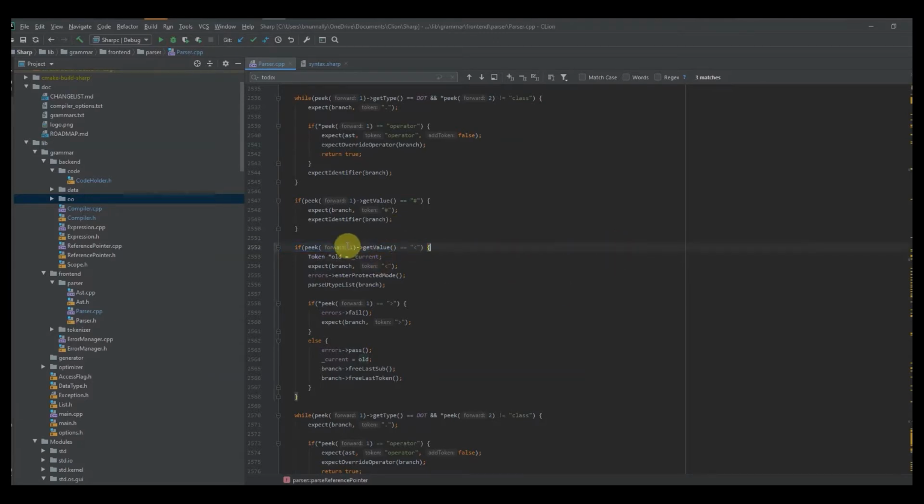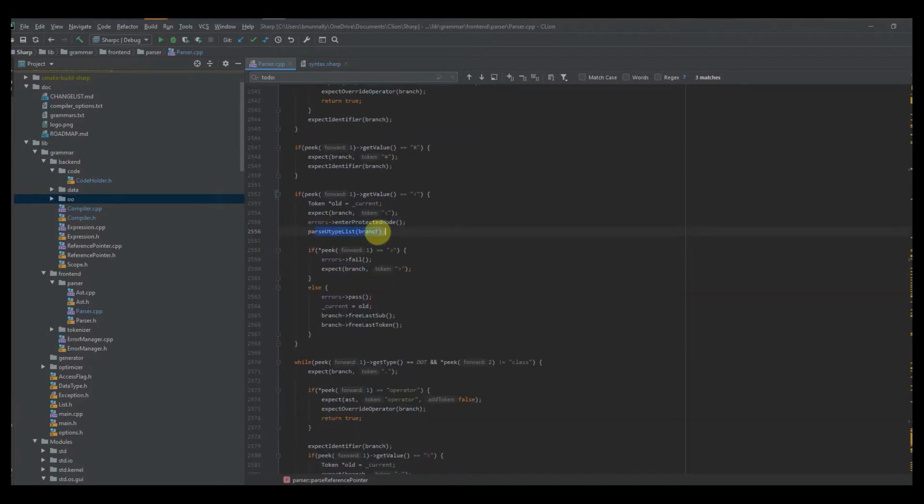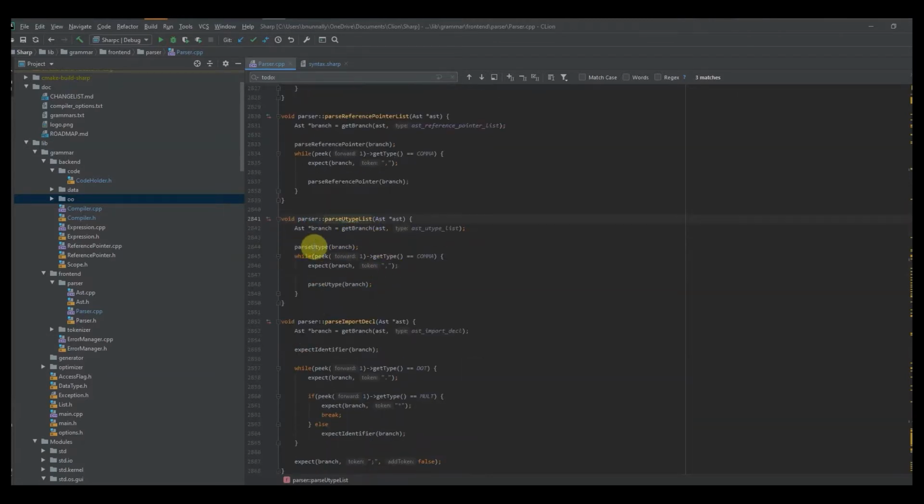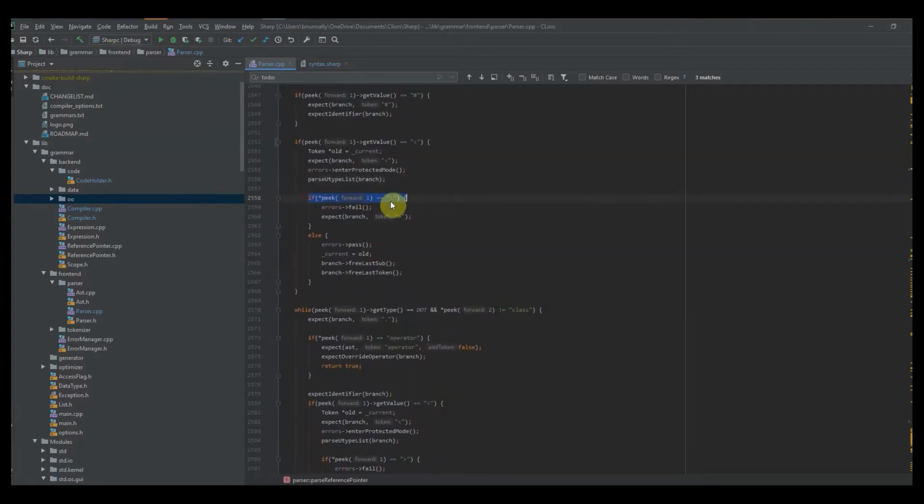If the next token is a less than symbol, then you want to get the current token. That way you can reset it later. You want to expect the less than symbol, enter protected mode, and try to parse a U-type list, which is basically just going to be a bunch of U-types. Then we check to see if the next token is equal to this symbol. Now, if it isn't, the assumption is that